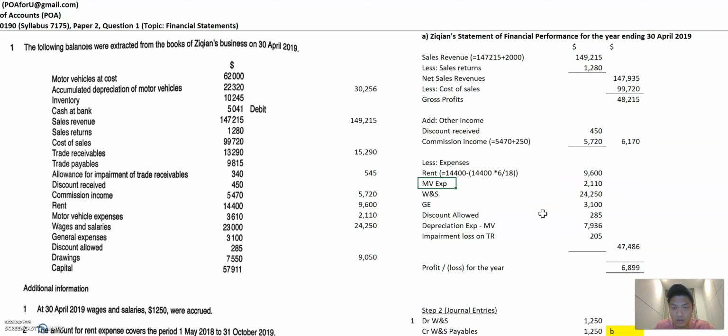And if you are still unsure, you can refer to the previous video where I showed that to you. Motor vehicle, I got to put the workings here, so make sure you guys do this as well. I'm doing it on this computer, so sometimes it's a bit quicker for me. Okay, so that's it. I think that's about it. But if there are any workings omitted, please add them because those are important as well.